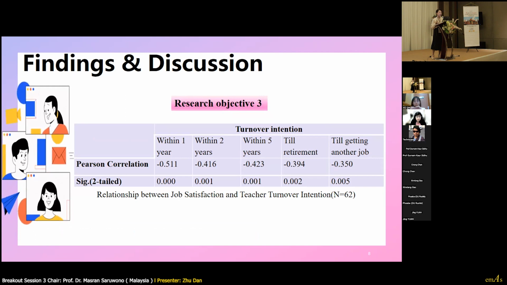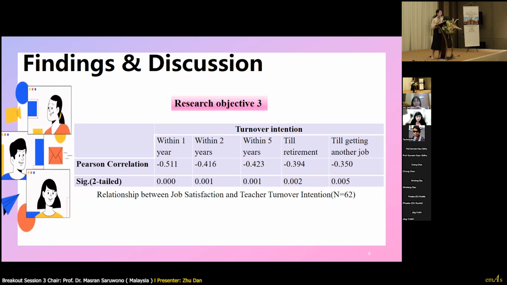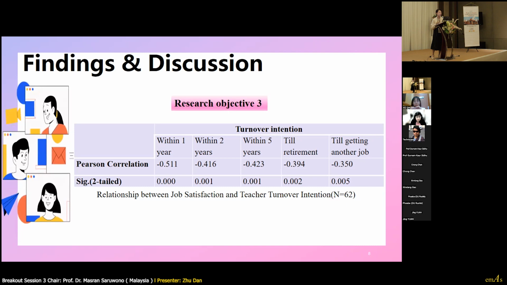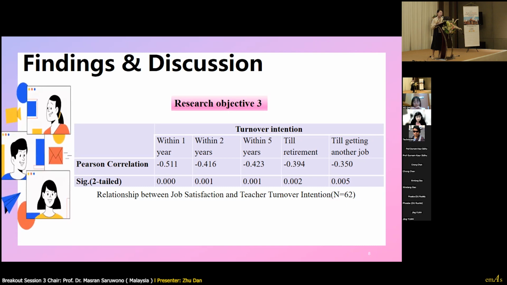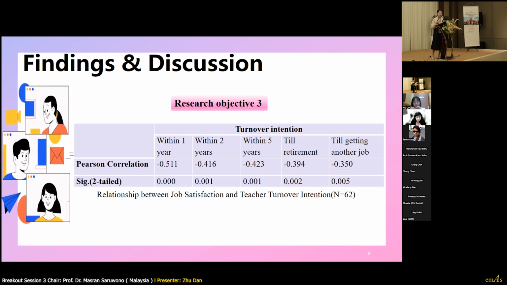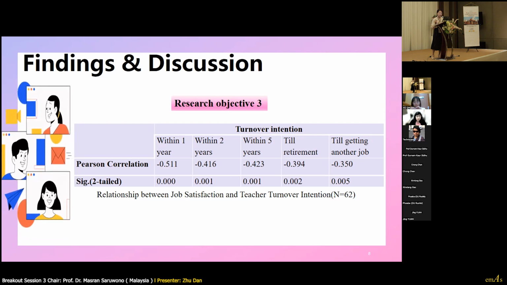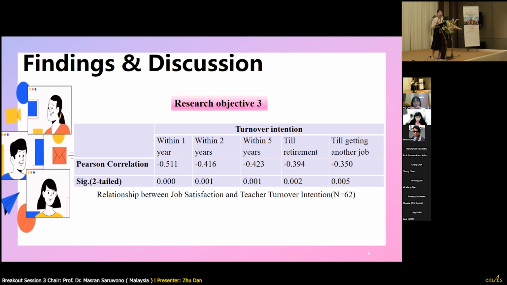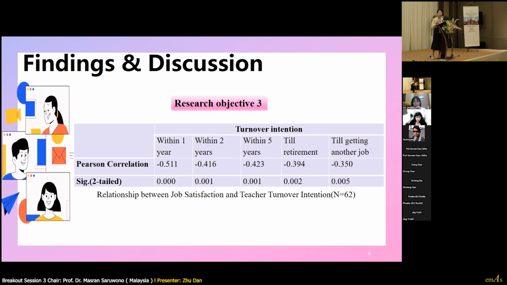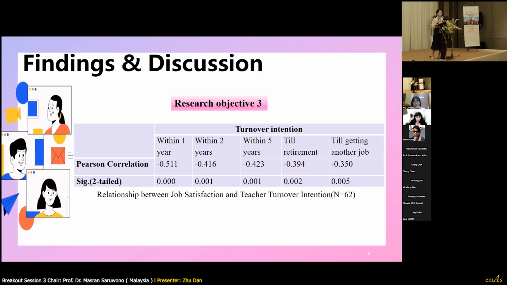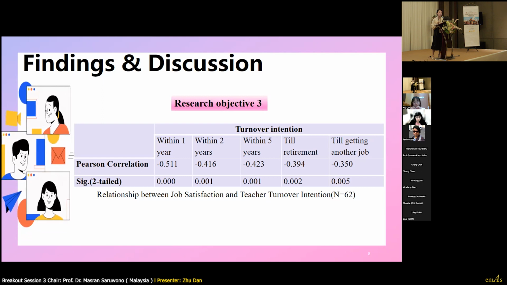Okay, next let's come to the third research objective of the study, which is to examine the relationship between job satisfaction and teachers' turnover intention. As we can see from the results, we got negative signs, which means that there is a moderately negative relationship between job satisfaction and turnover intention.